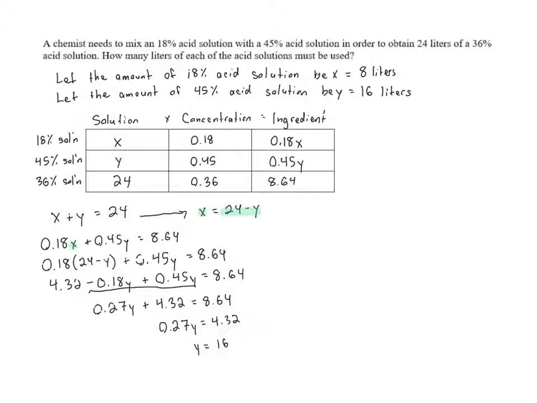But we can also figure this out via substitution. We know that x is 24 minus y, but we figured out that y was 16, and 24 minus 16 ends up being 8, so we know that x is 8, which means there are 8 liters of the 18%